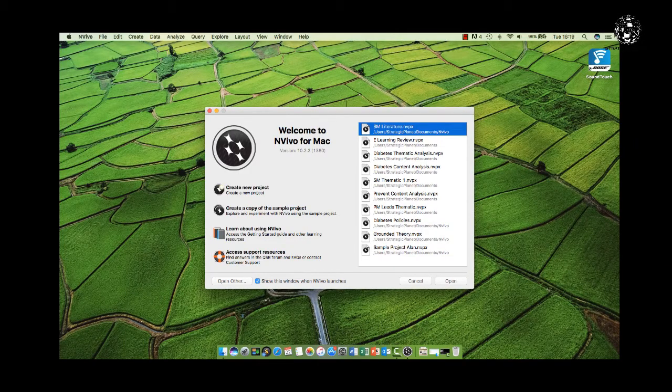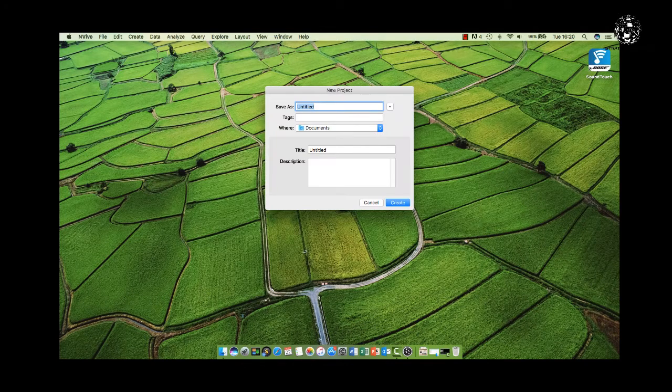One of the first things you're going to do when embarking on this literature review process is to open up NVivo. As I mentioned earlier, I'm using NVivo for Mac, so if you've got a Windows version, your view will be slightly different. You can see here on the right hand side all the files that I've worked on before, but you're really going to be creating a new project, so you just click on Create New Project, give it